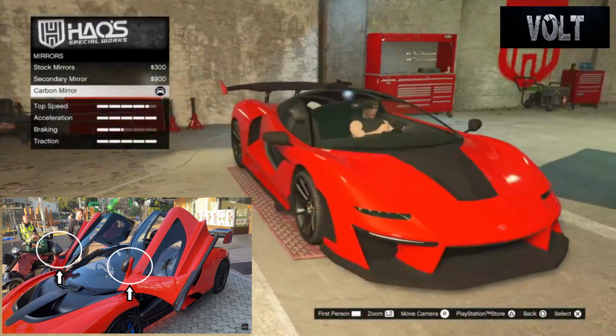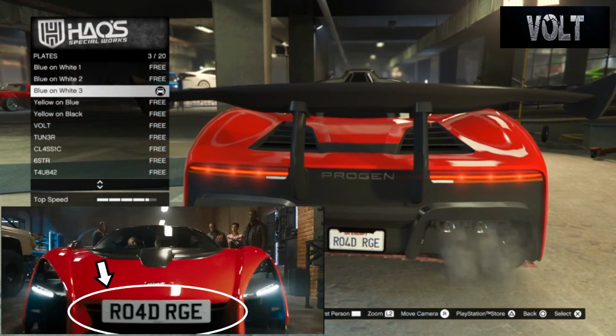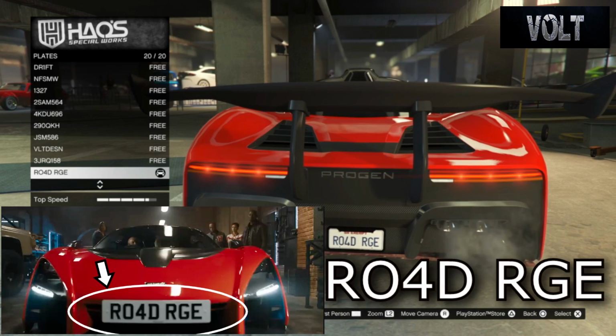So it kind of makes more variety for the car, and I think it just fits the best for the build. From there, move on to the plate. You want to go with a blue and white 3, which I think is the closest kind of plate you can get for that place that they're actually in. And the custom plate you want to go for is